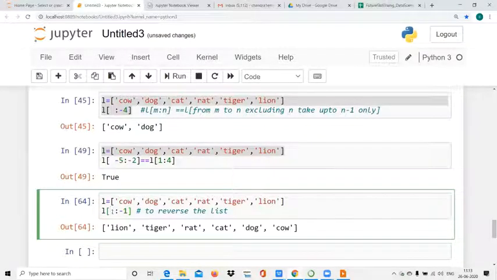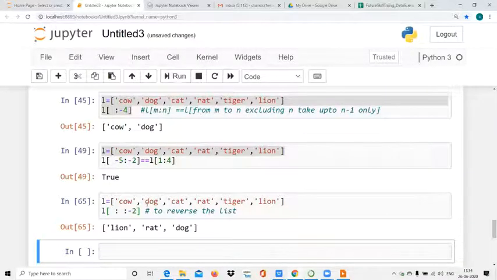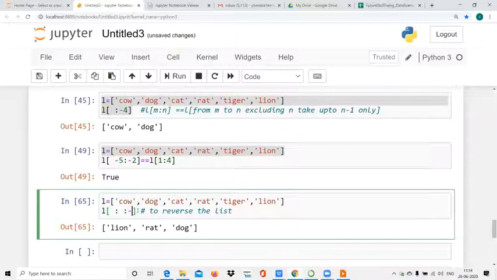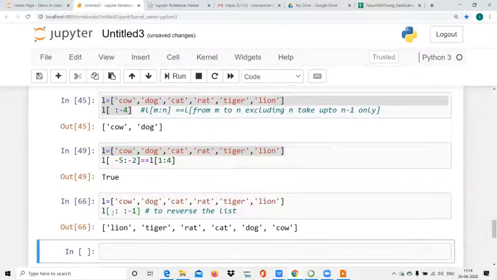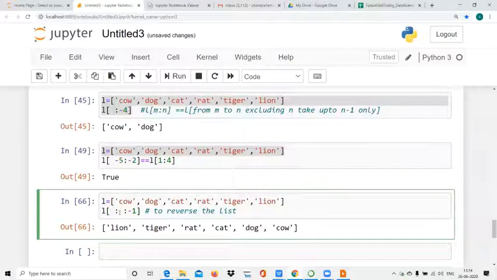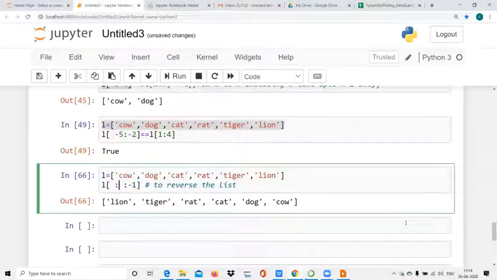What is this? This is blank. The first part is also blank, and -1. Printing in reverse order. So like this you have to practice: when I put -1, it will reverse. The other parts should be left blank, then it will work. This is one method to reverse a list. Do this and you can reverse the list.